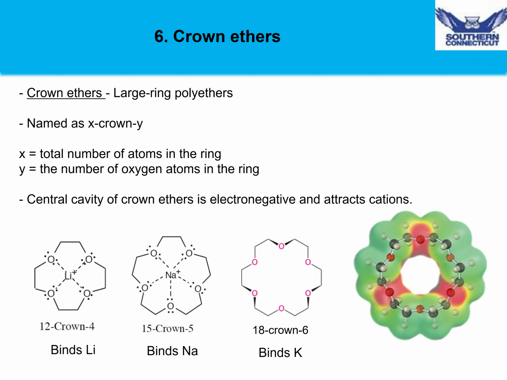Crown ethers are cyclic polyethers. They're typically named as X crown Y, where X is the total number of atoms in the ring, while Y is the total number of oxygens in the ring. As an example, we have 12 crown 4, which has 12 total atoms, as well as 4 oxygen atoms, and so it is named as 12 crown 4. We also have 15 crown 5, which has 15 atoms, as well as 5 oxygen atoms, and then 18 crown